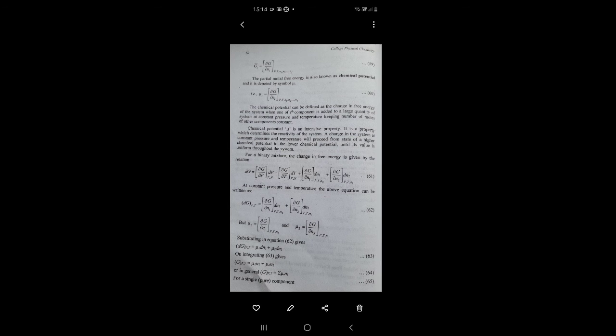The change in free energy is given by the relation dG is equal to, in bracket, ∂G upon ∂P multiplied by dP at constant temperature and number of moles of other components. So this can be expressed for different parameters. Again I will repeat, dG is equal to, in bracket, ∂G upon ∂P at